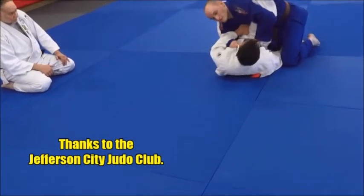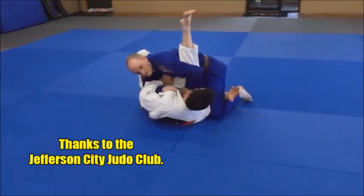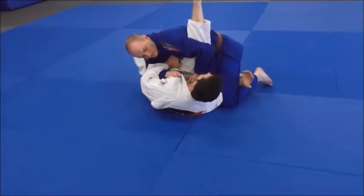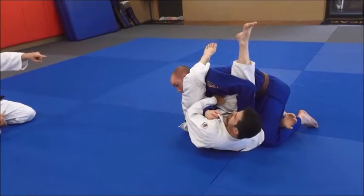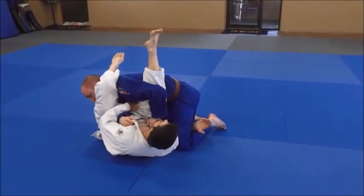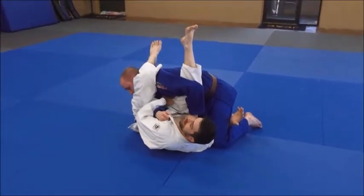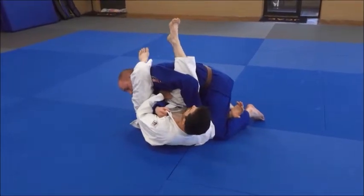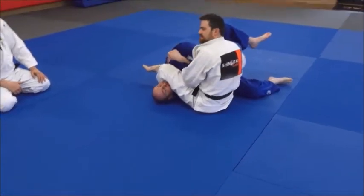So kick him in the back of his armpit as you shrimp sideways and underhook deep. If you can wave at yourself, you're deep enough, okay? The other foot comes around and clamps down on the head. That's important, guys, because he's trapping his head and upper body, okay? As I lift this hand up, I'm going to place this foot on the mat, okay? So don't hip up immediately trying to flip them over. Just stomp your foot down and lift your hand up. That gets you up nice and easy